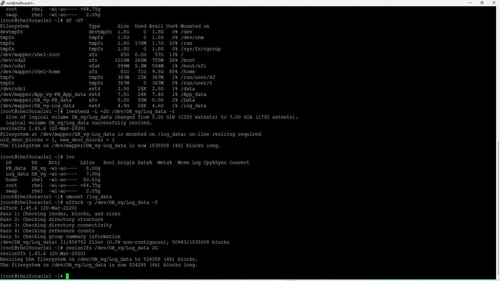Okay, so if you see here, resizing the file system to 2 GB blocks. The file system now is 2 GB blocks long. Okay, now we have resized. Now we have to reduce the space. So after resizing, the next step is reducing. The command is lvreduce -L